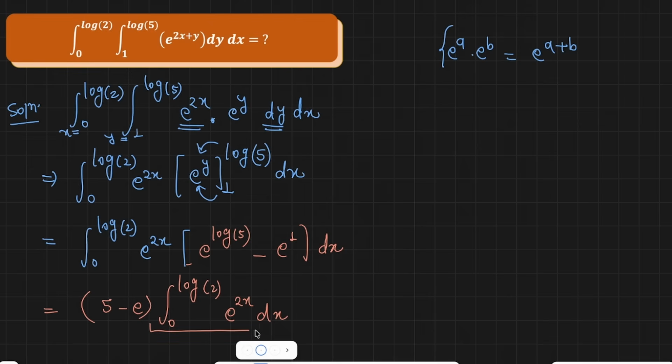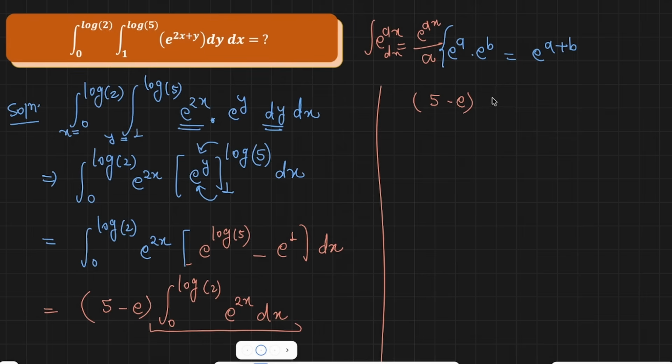Now this is my integration. Now I have to find the value of this integration, that is 5 minus e. Now the integration of e to the power ax is nothing but e to the power ax divided by a. So it will be e to the power 2x upon 2, from 0 to log of 2. So now it is 5